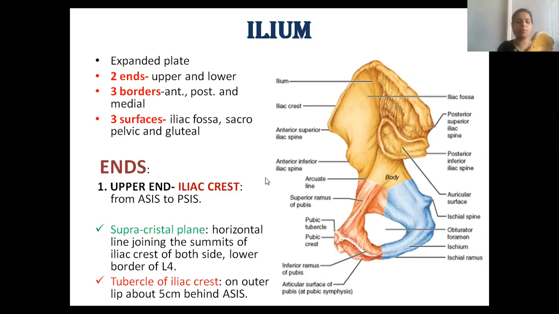Now, I told you, when you hold the bone in the correct position, this is the outer lip. From the anterior superior iliac spine, if you trace your finger about 5 centimeters behind, you will feel the hardness of the bone over here. I'm keeping a checklist mark for you. This one you find just 5 centimeters behind at the outer lip. This you call the tubercle of the iliac crest. A tubercle is always a little thicker, tough structure which you see at the outer lip.